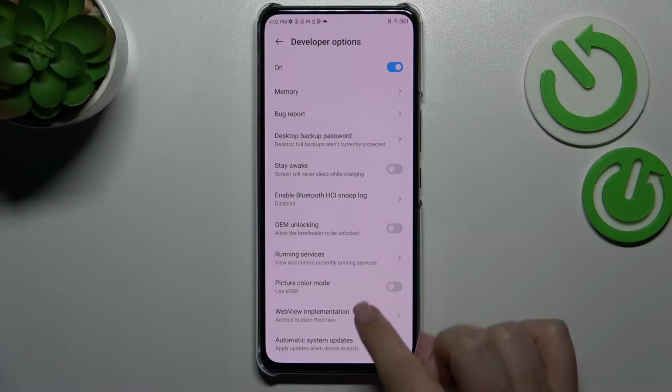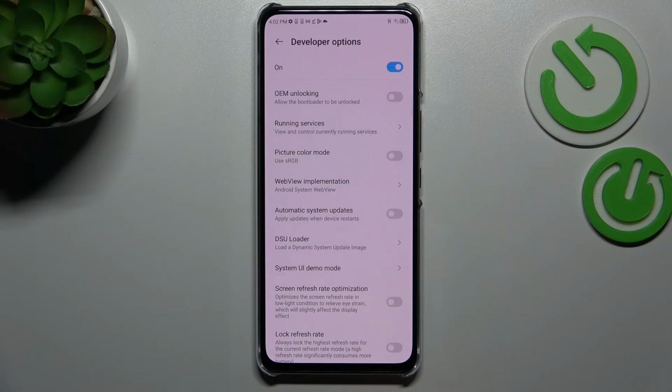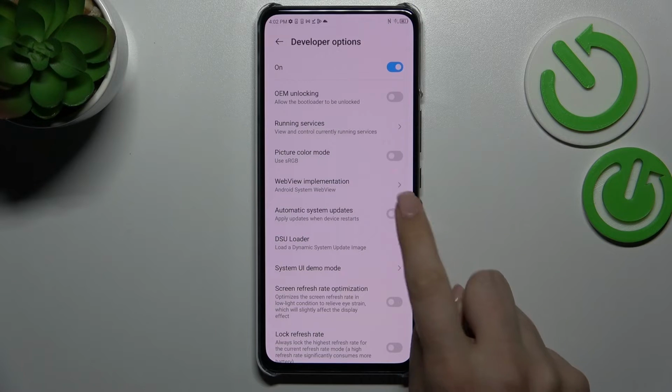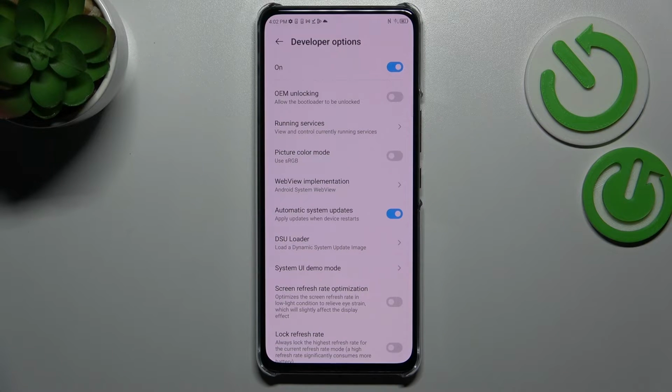So in order to activate the automatic system updates, we have to scroll down just a little bit to find this option. So basically all you have to do is to simply tap on the switcher, and from this moment this option is active, and it simply means that your device is allowed to apply the updates when it will be restarted. So you do not really have to remember about manually updating your device, just remember about restarting it